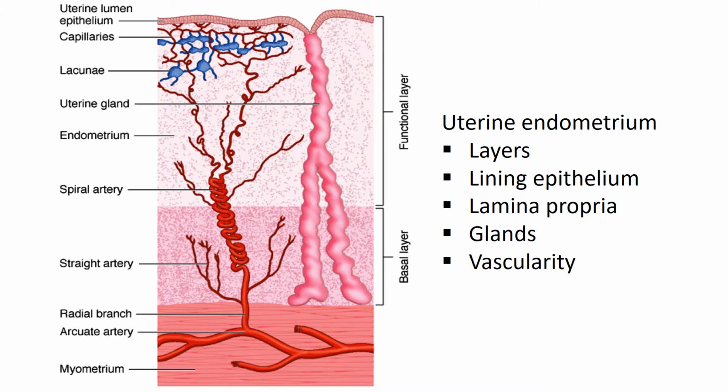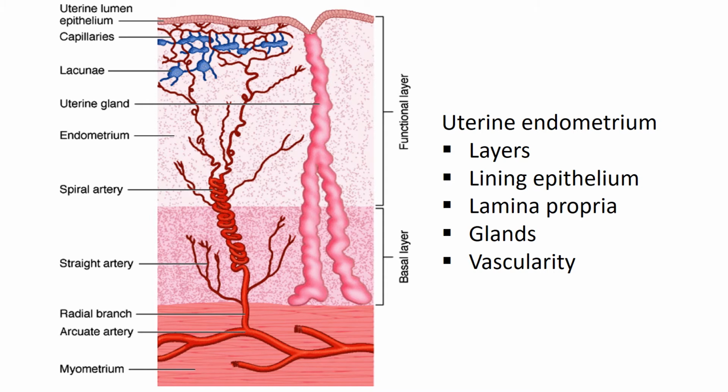is known as the basal layer. The basal layer shows the least activity during hormonal changes. In fact, it is not influenced at all by the hormonal changes. So there is a basal layer in the vicinity of the muscle layer, and the outer layer is known as the functional layer. Now this lining epithelium, which is simple columnar, is not similar throughout. It consists of two types of cells: one is the ciliated cells and one is the secretory cells, which produce a nutritive secretion.